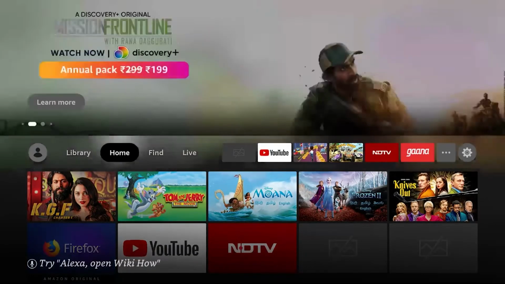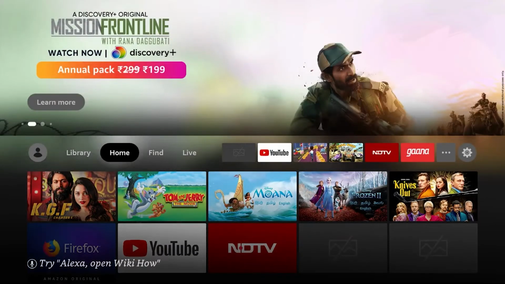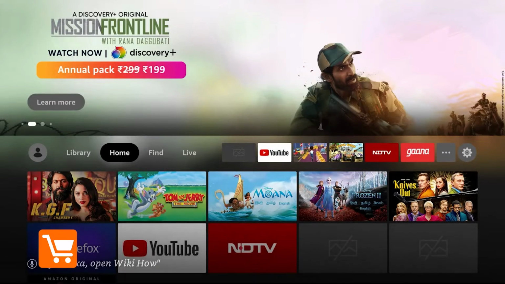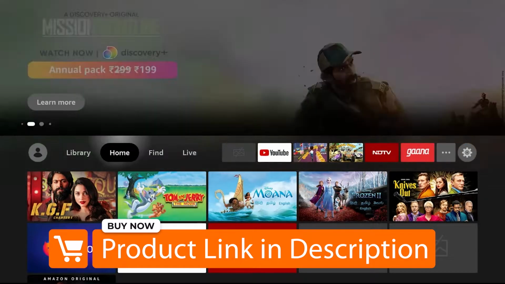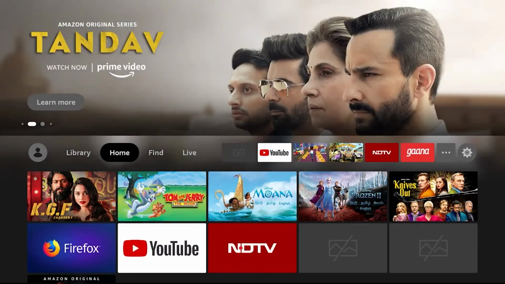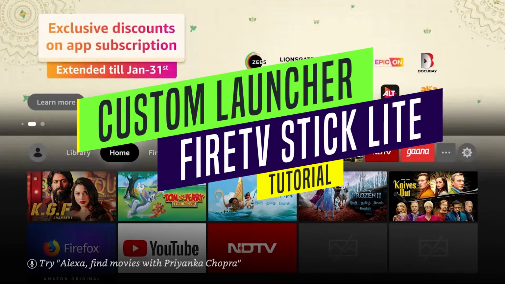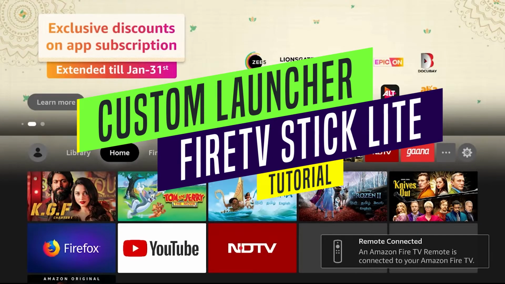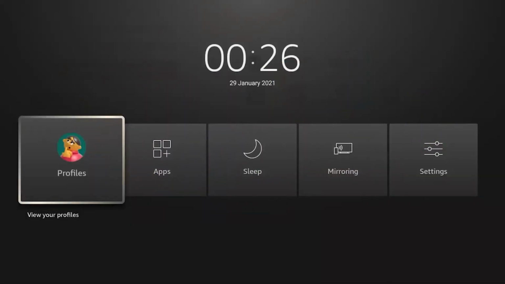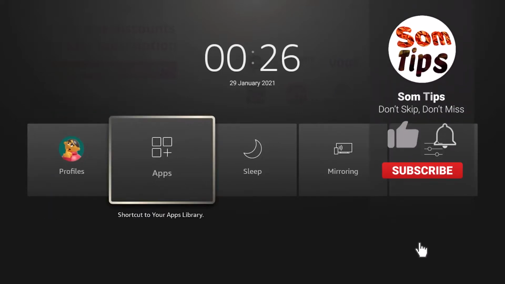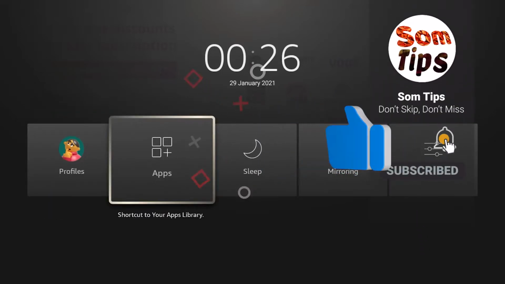In my previous videos of Fire TV Stick Lite, I have mentioned many times that the default launcher which comes with Fire TV Stick devices cannot be changed and the UI interface cannot be edited, like the advertisement banner in the top and in the bottom, lots of Amazon Prime series, and all of them basically are promotional ads or banners. Your installed application will not be shown in the top of the page, and as well as if you sideload APKs from your mobile or any other places which apps are not available on the Amazon app stores, those icons will not be showing up in the launch all apps list.